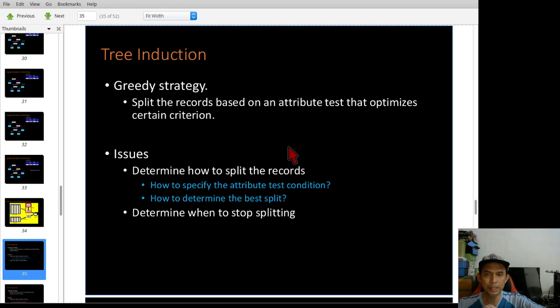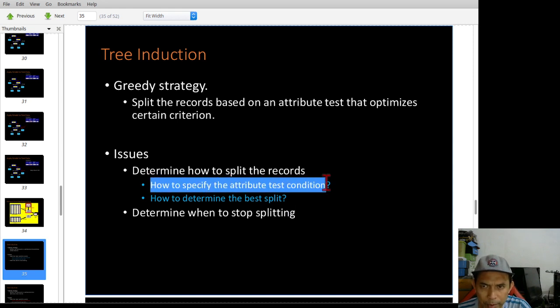The main issue is how do you split the record. From this very simple example, you can come up with 2 different decision trees that are able to represent a learning model for the training data. So this is the main issue.